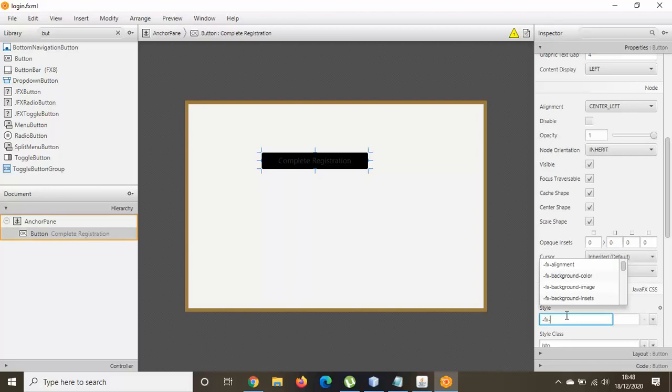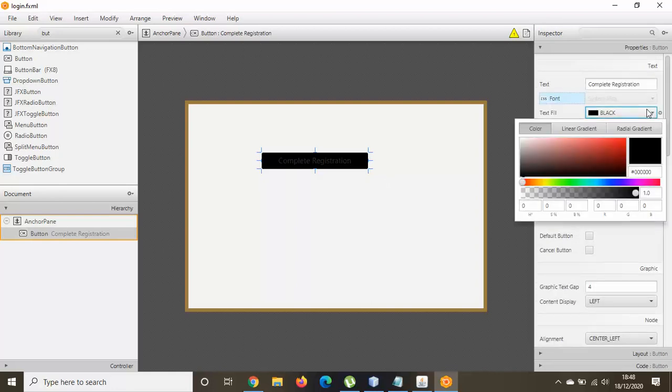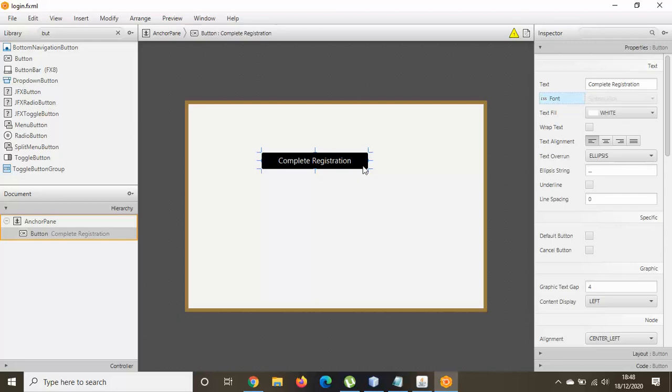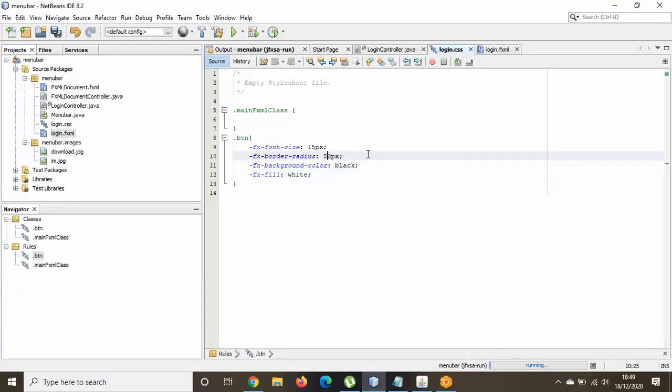FX. So let me just, I think there are some properties. If it is normal HTML, it will take it. But when you see that the color doesn't show, you can come here and choose the color for it. Do you get it? So you see now border radius. You see the border radius makes it look like this. So if you choose a border radius of, let's say, 50 pixel,